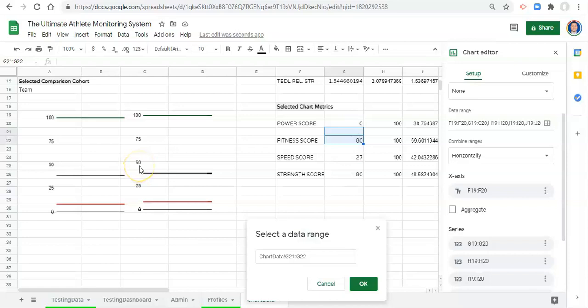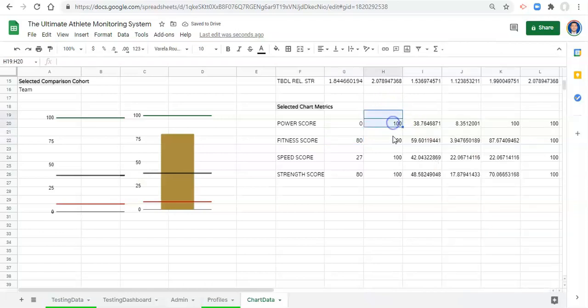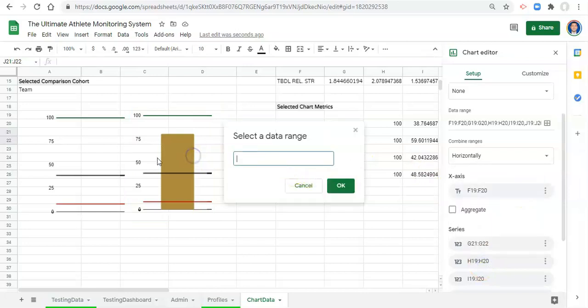This is our fitness score chart, or whatever we pick in our second drop-down menu. Click enter, and instead of G21, G22, we're just going to move them down to these two, and then we're going to move these two to these two, and these two to these two. So let's go back into this chart, and we'll edit, and we'll change H19 to H20. We'll change that to be,